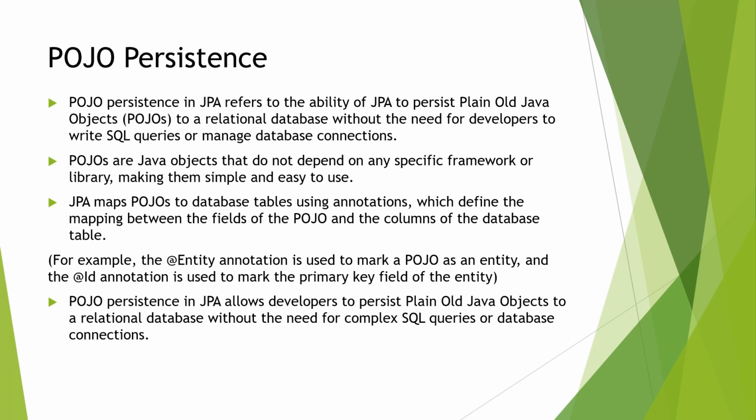JPA maps POJOs to database tables using annotations, which define the mapping between the fields of the POJO and columns of the database table. For example, the Entity annotation is used to mark a POJO as an entity, and the ID annotation is used to mark the primary key field of the entities in Java. So the POJO persistence API allows developers to persist plain old Java objects to a relational database without any complex SQL